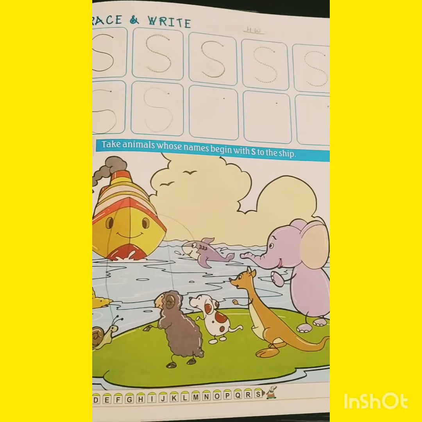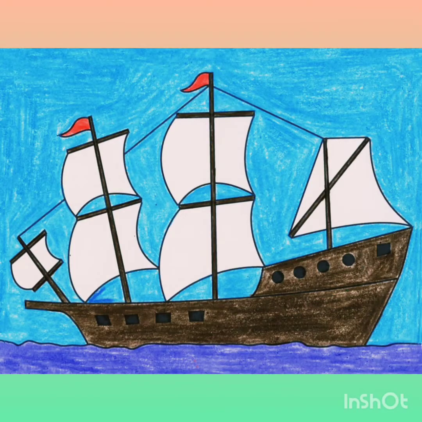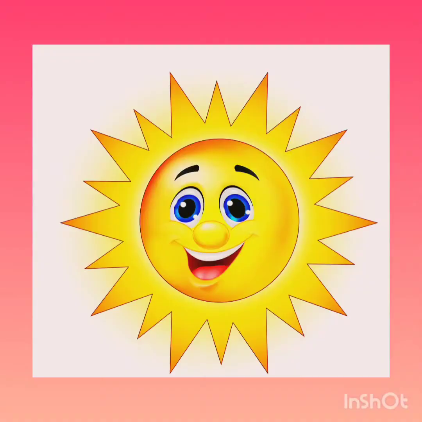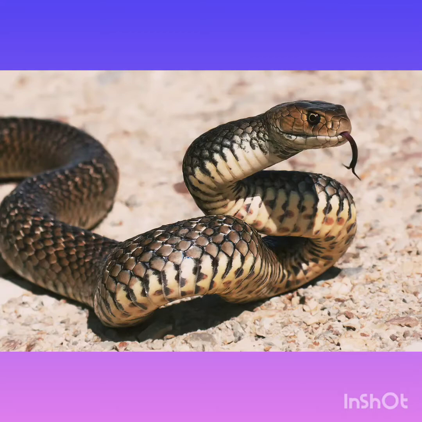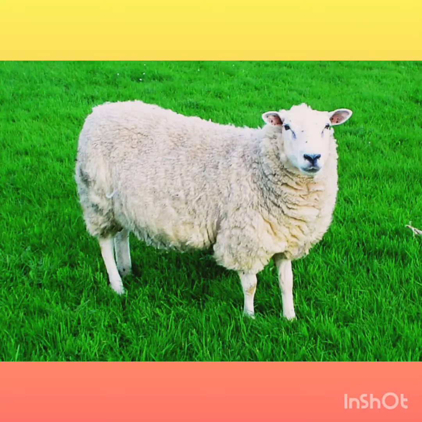Okay kids, bye bye. So kids, things which start from letter S are S for sheep, S for sun, S for snake, S for shark, S for sheep,